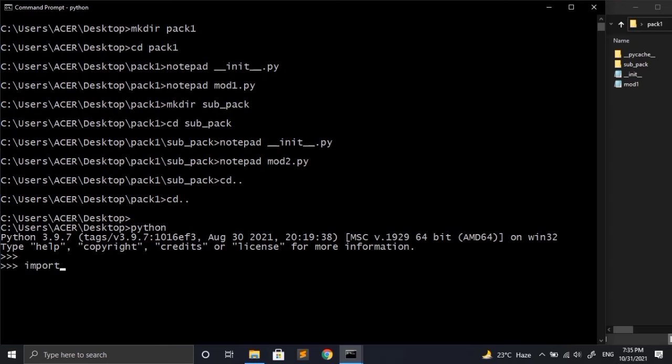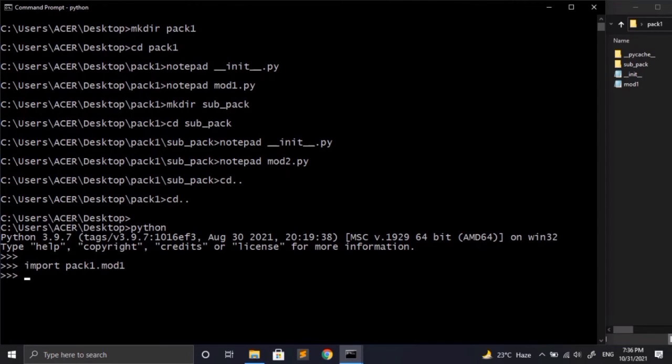To import a package we have to write the import keyword, and after that the name of the package, and after that we have to import the module inside that. For that we have to write the name of the module. Overall we are importing a module from the package that we have created earlier, and for that I have written import pack1.mod1, where mod1 is the module inside the package.